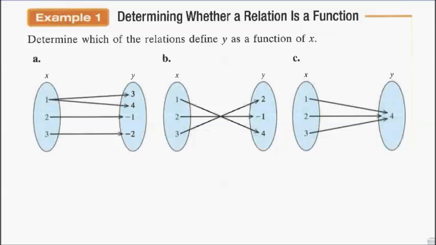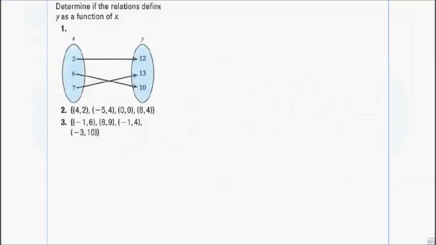These examples, I want to go over them again. Remember, when we're trying to determine a function, we look at the x's, and if there's more than one arrow on any x, it's not a function. Here I only have one arrow on each x, so it is. Looking at different examples, remember we looked at this one and each one only had one arrow, so that's a